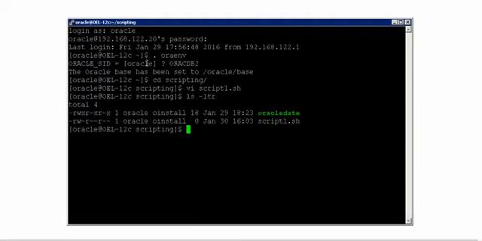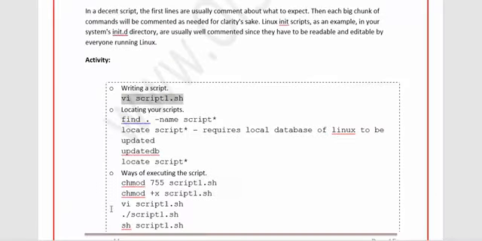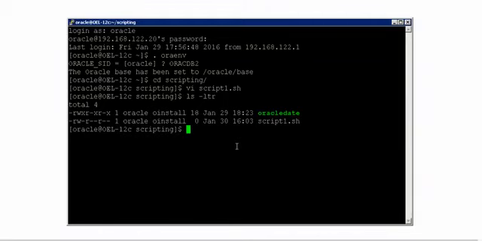If you say ls -ltr, you have this script called script1.sh. I have given sh just to make sure I understand from the name of this file that I'm going to write something inside this file in bash, that is Bourne Again shell. Now let us find how we search for the scripts. For example, if you want to search for the script in the same location, you can use the find command, and if you use dot and then name with script star,